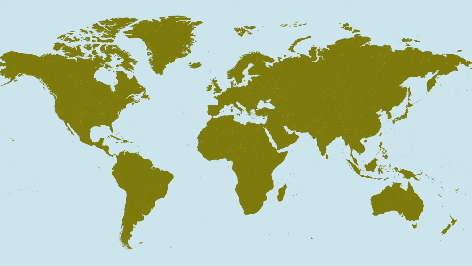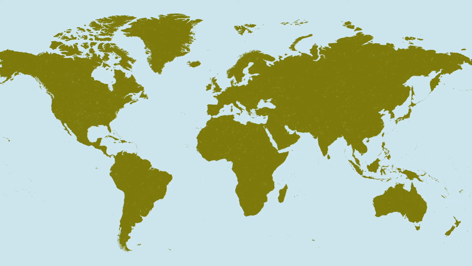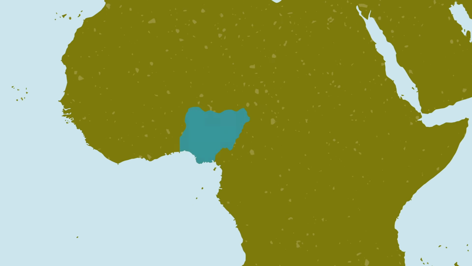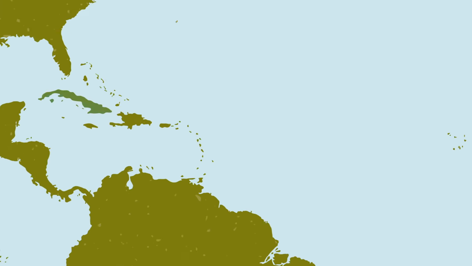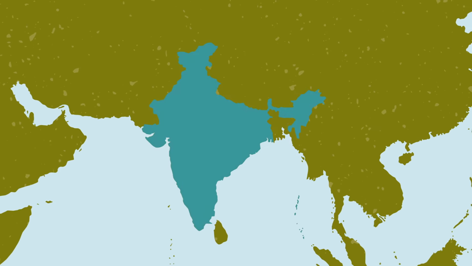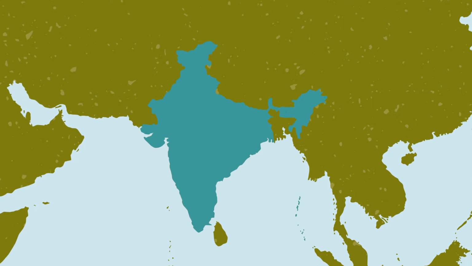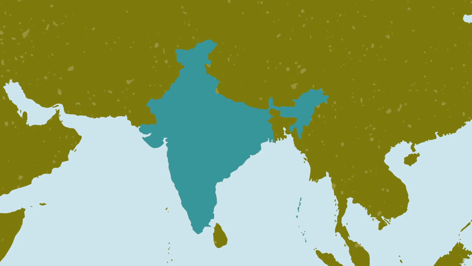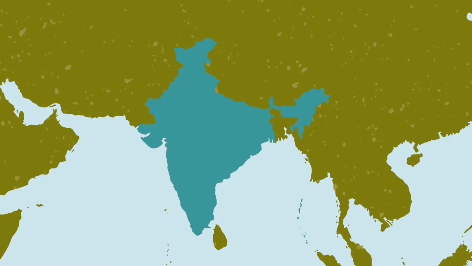Elsewhere as well, colonial subjects responded to empire by finding ways to resist. Market women boycotted British goods in Nigeria. Cuban peasants armed themselves and conducted a guerrilla war against Spanish rule. In India, resistance ran the gamut, from work slowdowns all the way up to a widespread armed rebellion against British rule in India in 1857. So, the history of empire in this era is a history of imperial ideas, the experiences of colonial rule, and the methods of resistance. All of these, in the end, contributed to the making of our modern world.